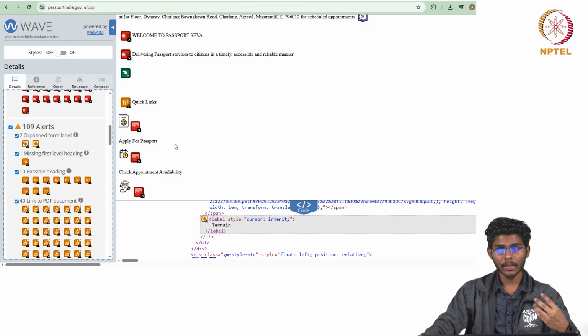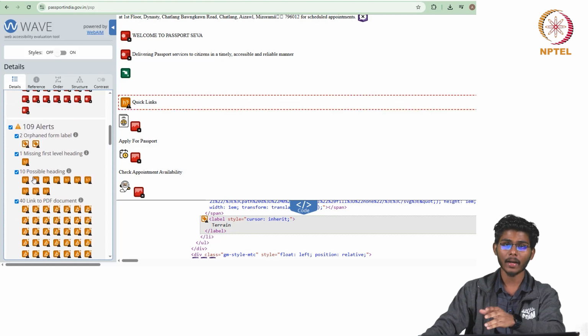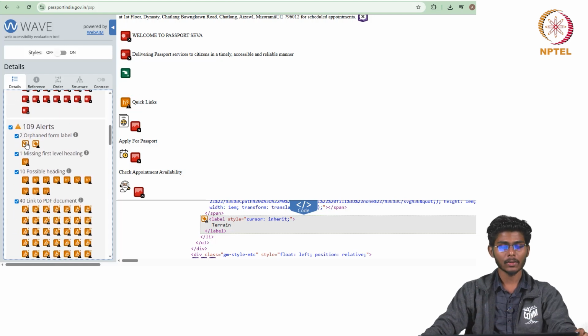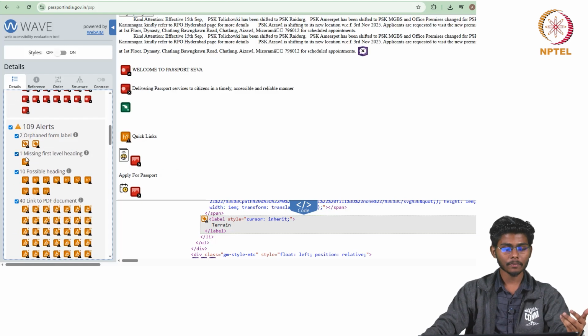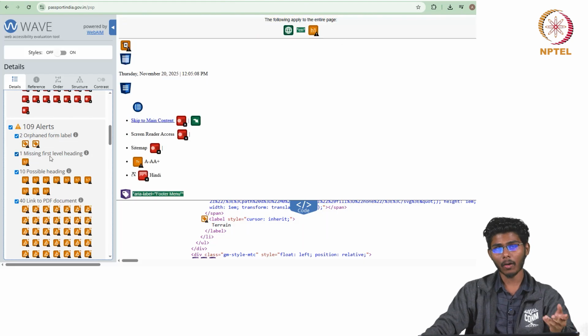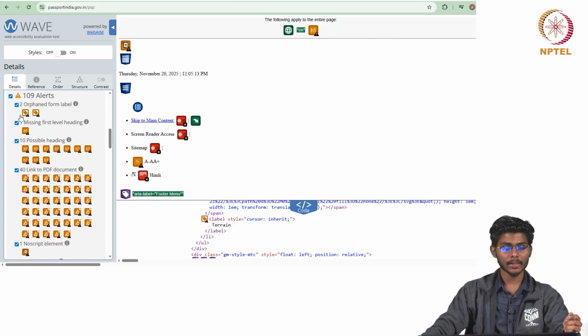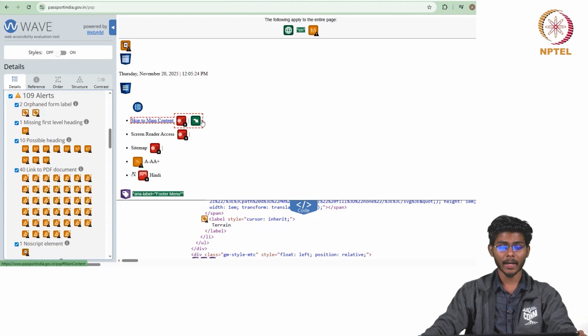Like we can say, the label is mapped improperly to the text or any of the image elements. So, basically it is marking wrong, and these are some of the other alert elements, like missing first level heading, which basically means the section doesn't have any H1 heading.